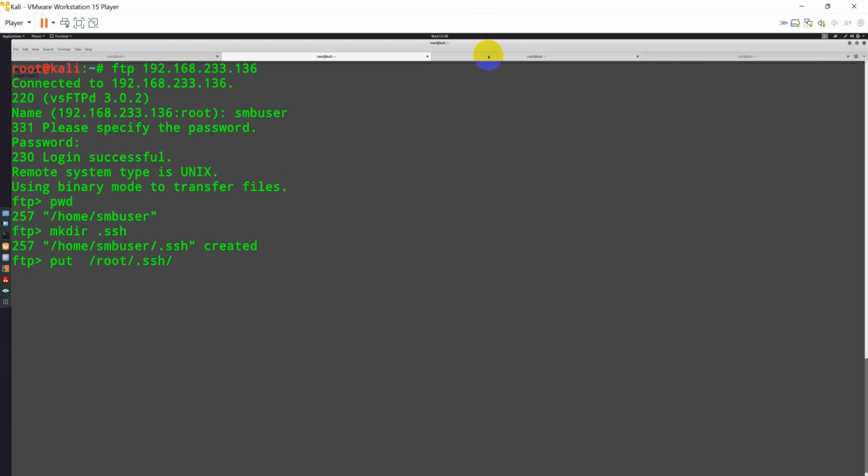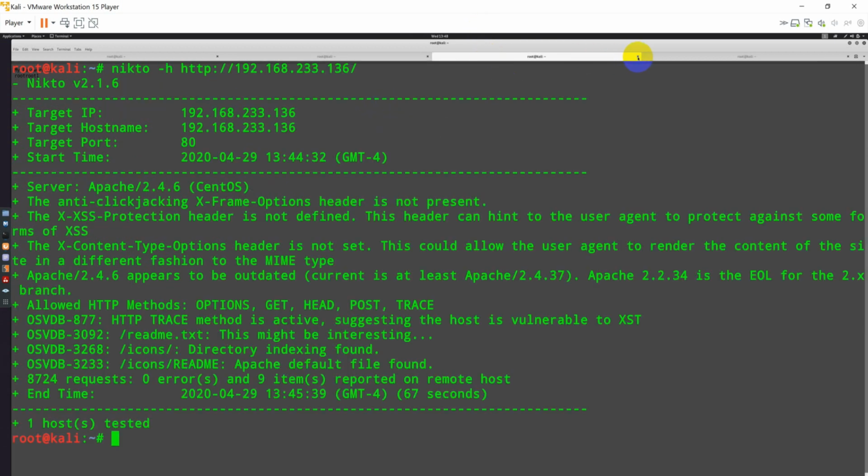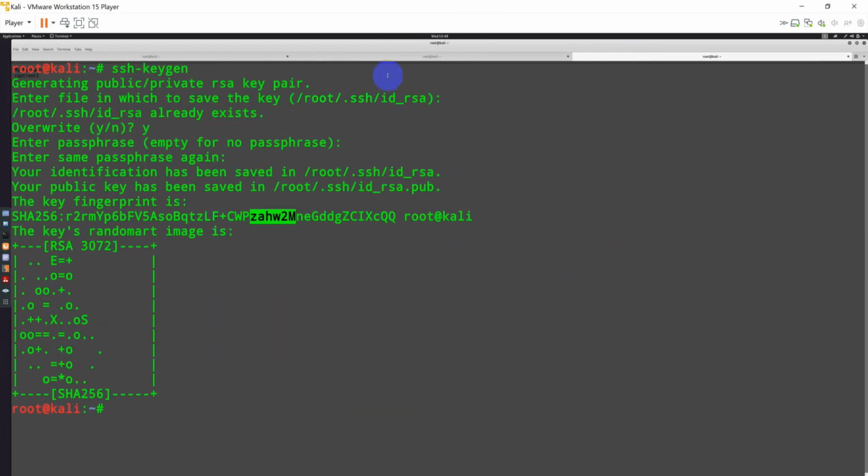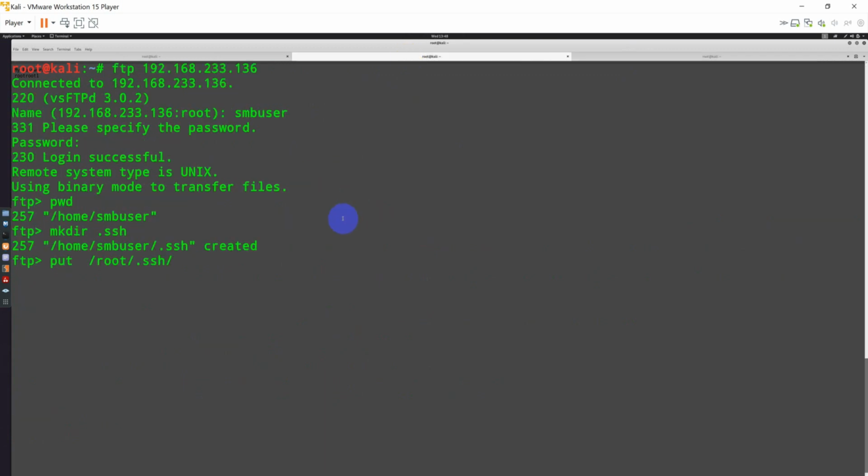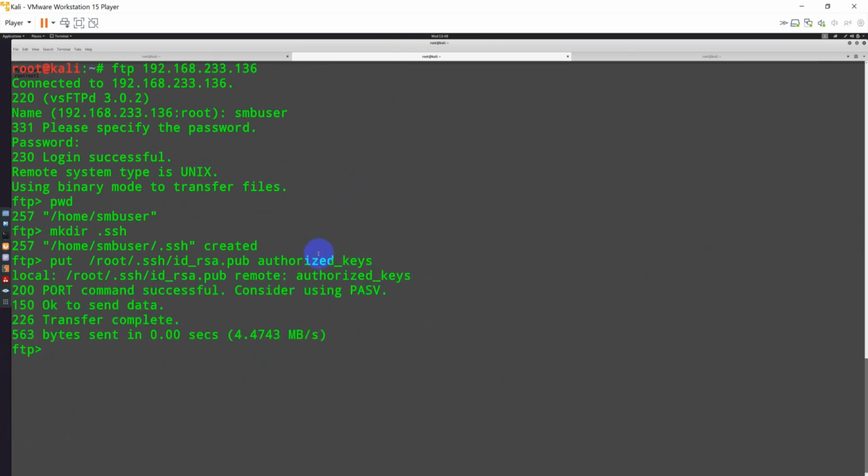If you could see here, it is being generated in this particular path. id_rsa.pub, and let's name it authorized_keys. Cool. So our put command has run successfully.